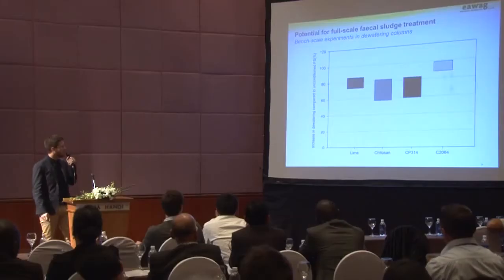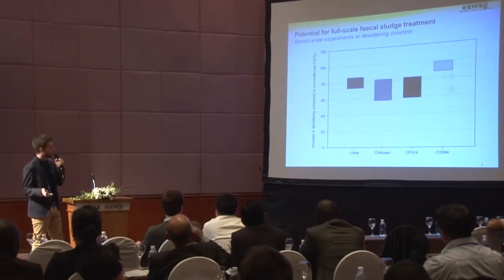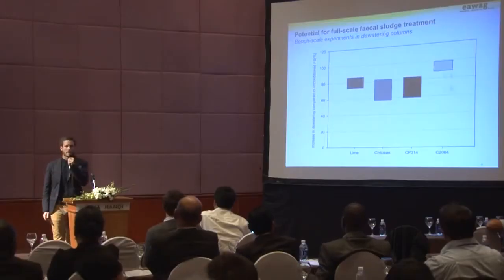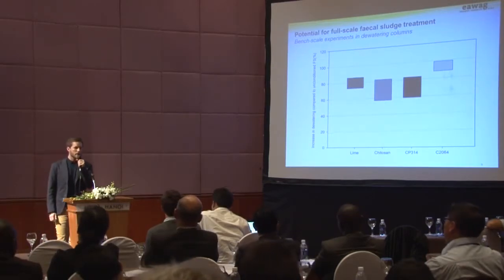So now you will ask me, so what does it really bring? I'm operating a treatment plant or designing a system. Here you can see how much percentage faster percolation of conditioned sludge was compared to unconditioned sludge. It was between 60% for chitosan and up to 99% for a commercial conditioner, which is C 2064. This is the time you can subtract, or reduce your treatment time, and increase your treatment capacity or reduce the footprint of newly constructed beds.